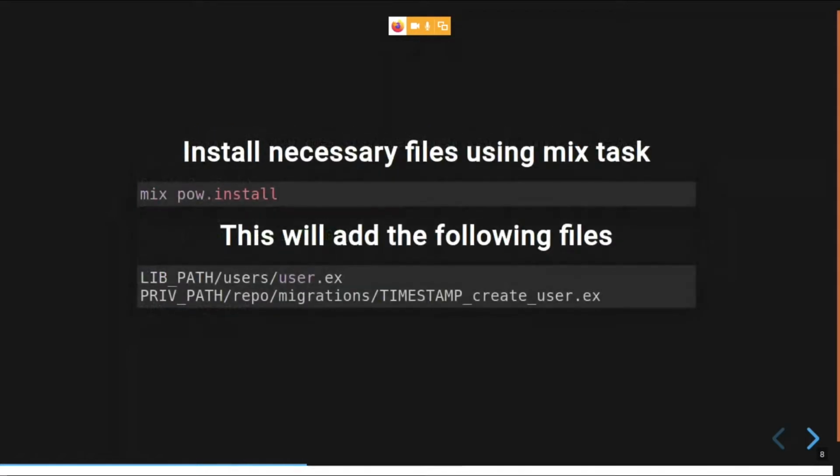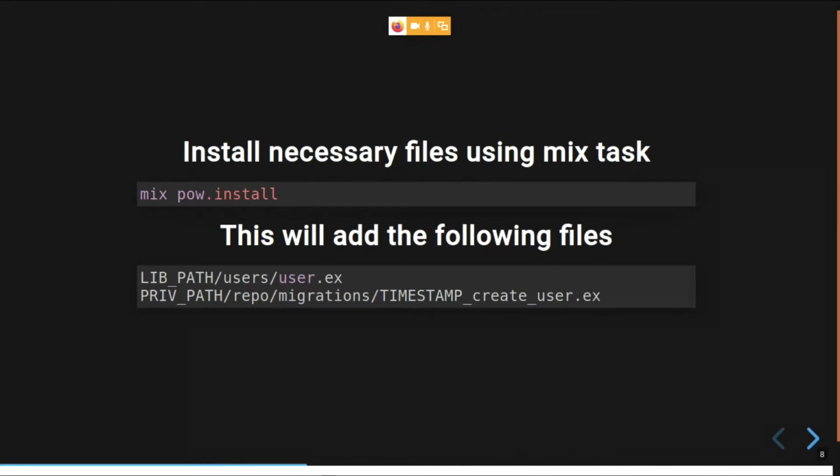Then the next part is getting all the files that are used by Pow into your application. For that, there is a mix task available. All you have to do is run mix pow.install, and that mix task will install the necessary files.